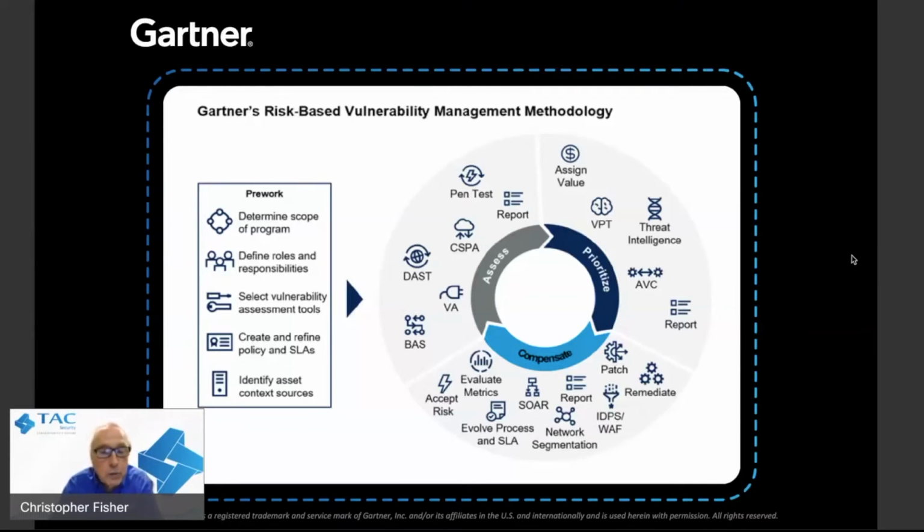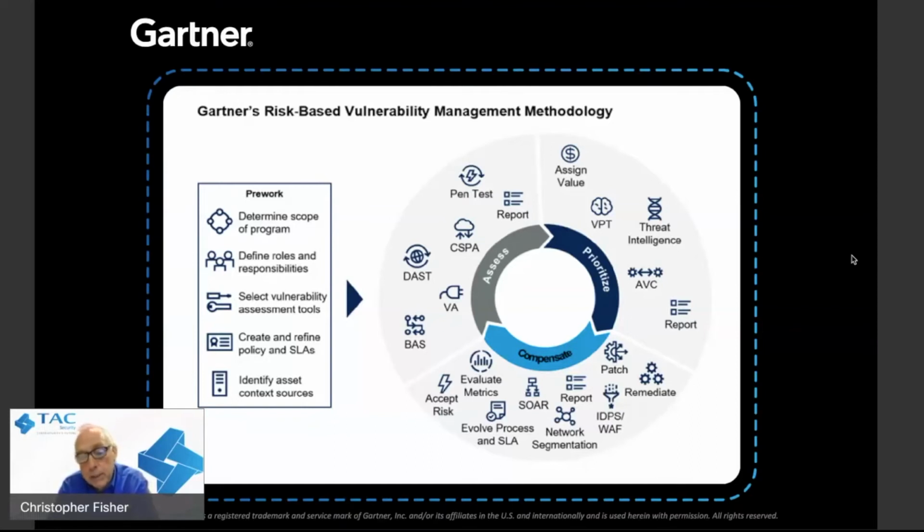But what they're proposing here is that you think about vulnerability management as a process, as a methodology, and not as a tool or a solution, where you're taking in data from the widest possible number of sources in the assessment phase. You're complementing your traditional VA data with DAST or VAS or pen test or other sources of data that give you a wider lens to look at vulnerabilities through. And then in the prioritization phase, you'll note that they've added this concept of VPT and combined that with assigned asset value and threat intelligence to provide additional context around what vulnerabilities should be prioritized for action.